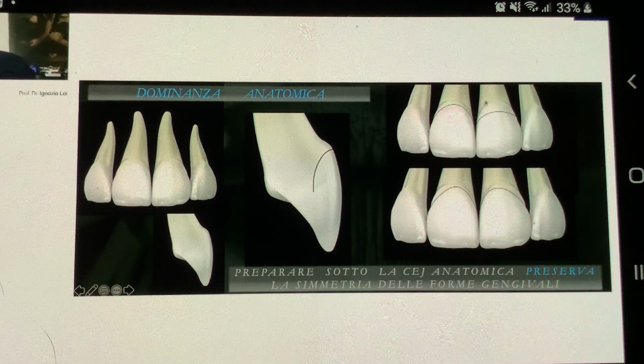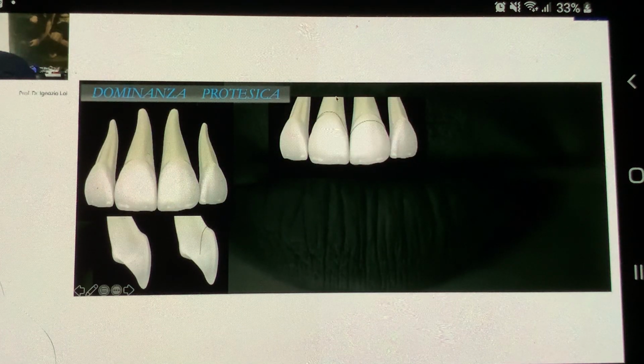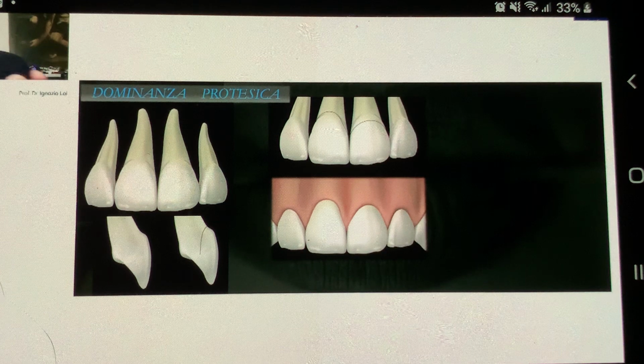This means the symmetric preservation of our shapes. So the gums will remain symmetric, because we have not altered anything. We have not altered the shapes of the teeth. But this is different if we prepare our tooth exceeding the CEJ part, so erasing the natural symmetry of our volumes. So what happens then? It happens that the gums will read these new shapes, and since they will no longer have a symmetric shape to read, they will start to